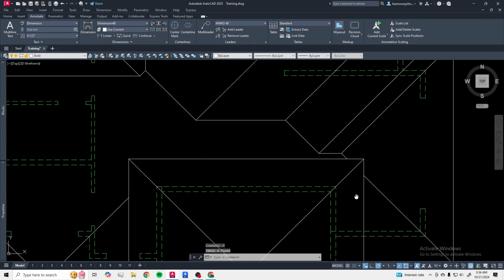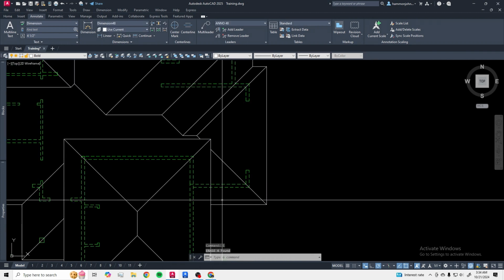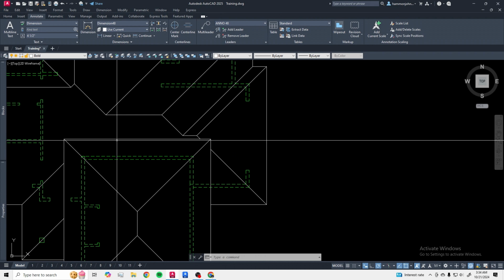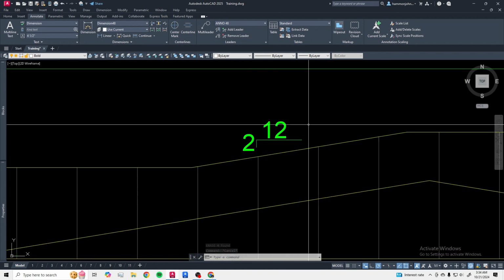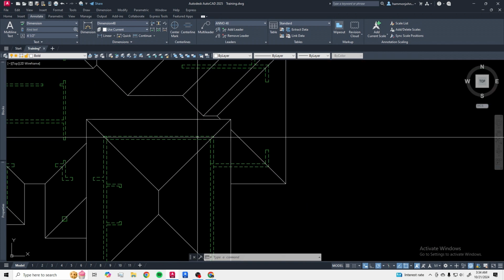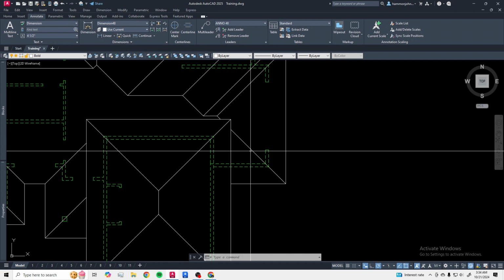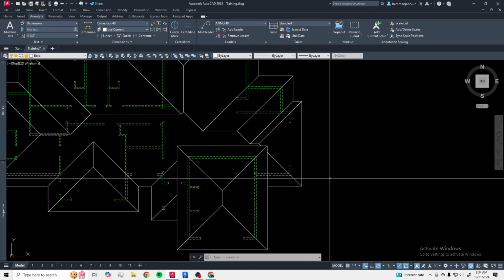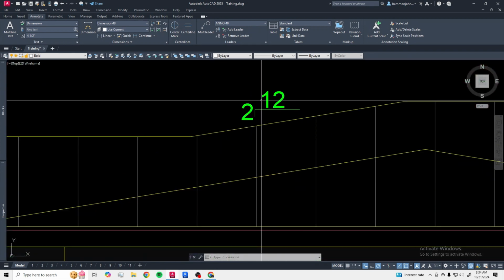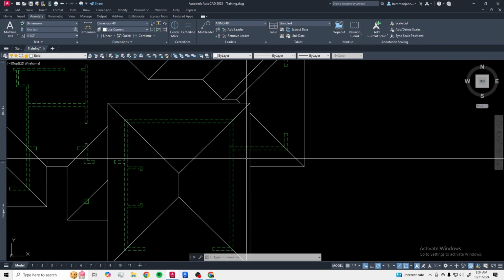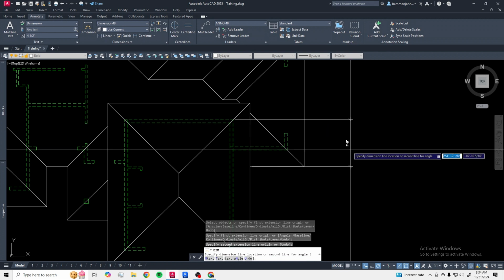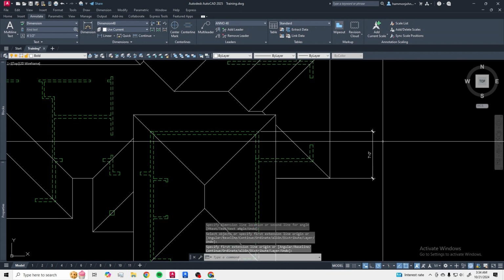However, we should also take into account how much rise it takes to get this roof on top of this one. And we can do that by checking our roof pitch, which is 2:12. Now what that means is it takes 6 feet of run in order to get up 1 foot. That is simply because it's a 1:6 ratio rise to run. So if we take this dimension to this exterior corner, we see that we have 7 feet,